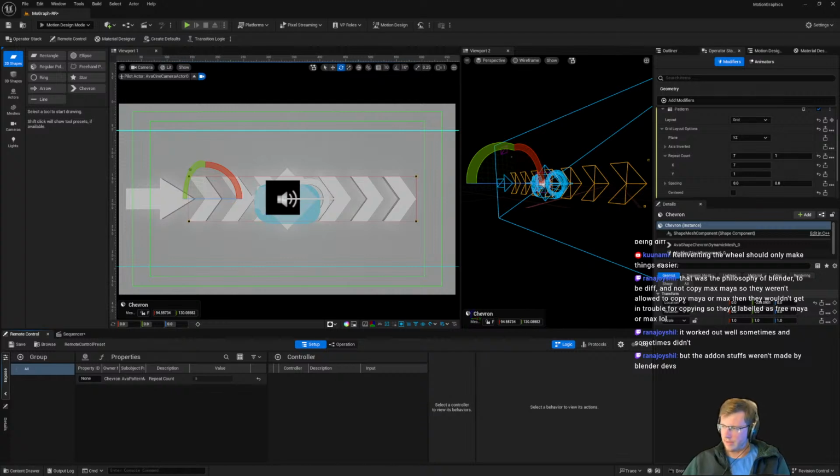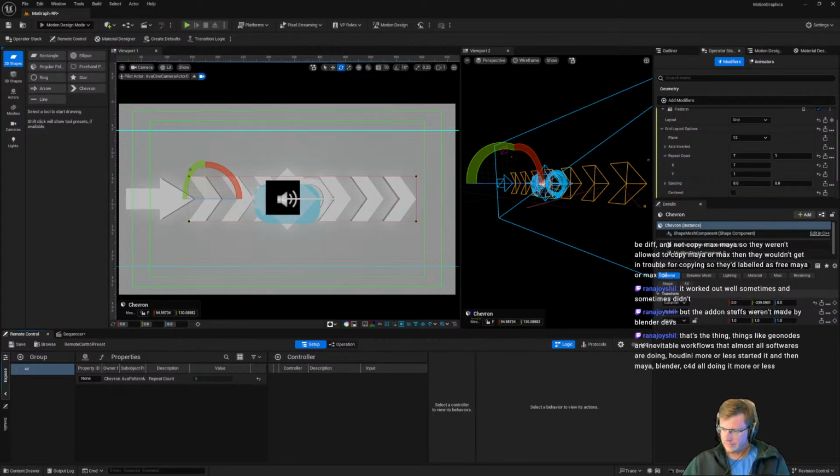So, I mean, whatever. We all win. Like Blender won for going that path, but we all benefited as a result. So, argument for reinventing the wheel.